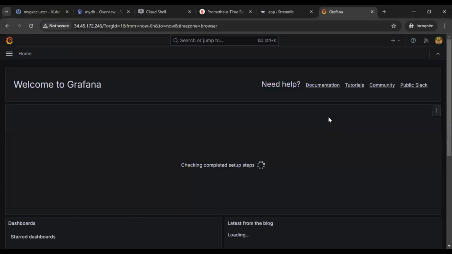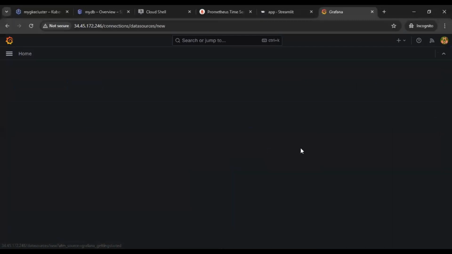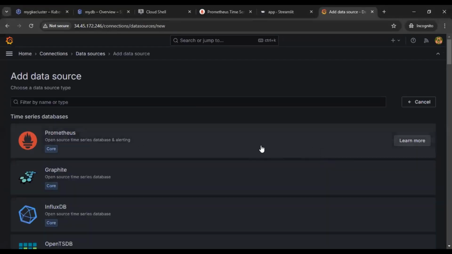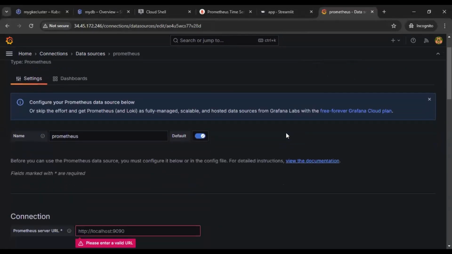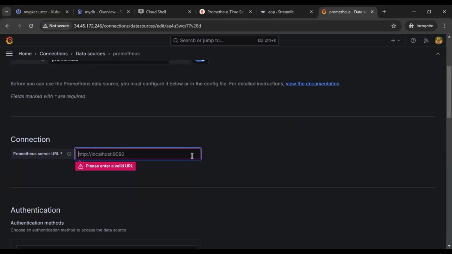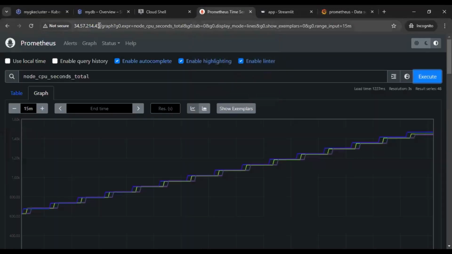So this Grafana dashboard is now loaded. Now the first thing we need to do is add a data source. For this data source, we are going to use Prometheus, because we have already installed Prometheus in this Kubernetes cluster for fetching the metrics data. And over here, we need to provide the data source as Prometheus so that the data will be visualized through